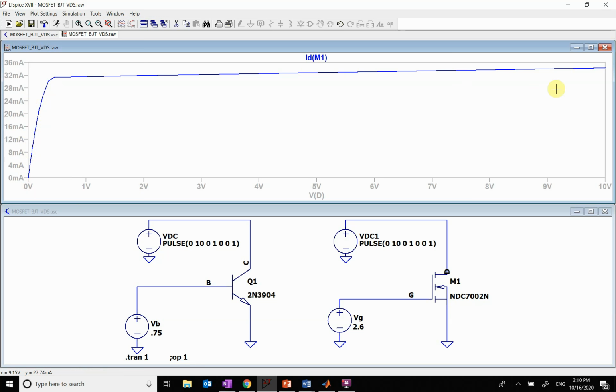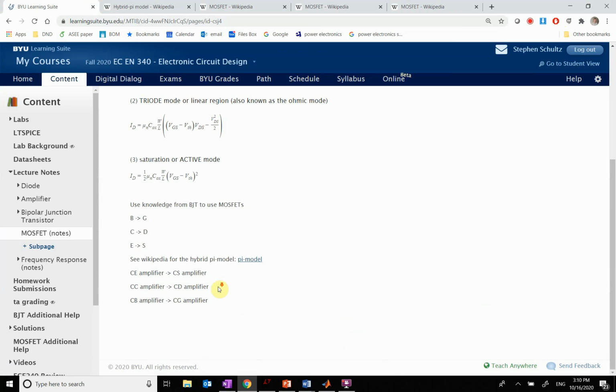So most of the stuff that I did with BJTs, I can do with MOSFETs. So the common emitter amplifier is going to be exactly the same as a common source amplifier. Common collector amplifier is going to be called a common drain amplifier. So like we did before, this is going to become my buffer. This is going to become my main design amplifier. And this is my other amplifier that has a low input impedance, so we don't tend to use it as much. So this is my main amplifier when gain, and this is my